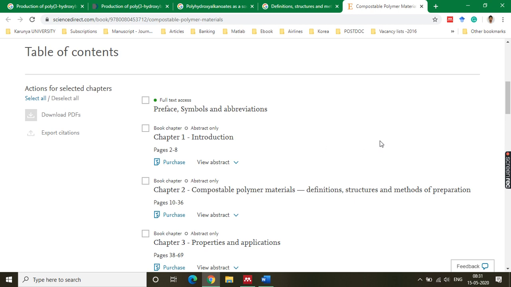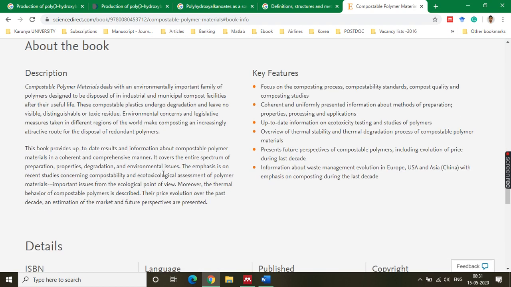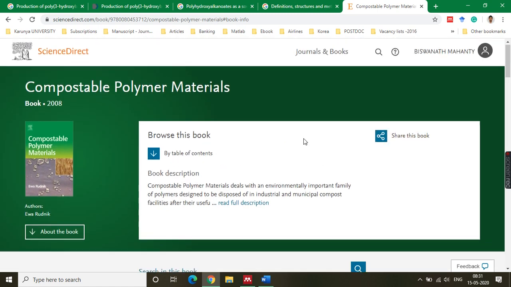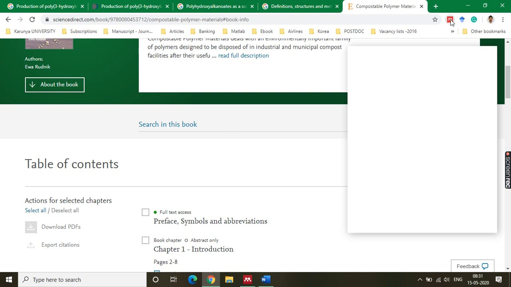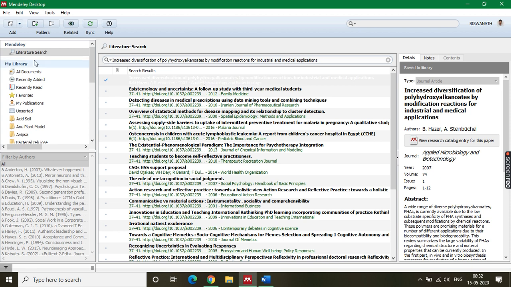If you know a specific chapter, you can go to this chapter, or if you have not specified any particular chapter, then you also try to have the book taken up. Yes, it is taken. Composite polymer materials, 2008, added. So a few articles and a book I have already added, right?